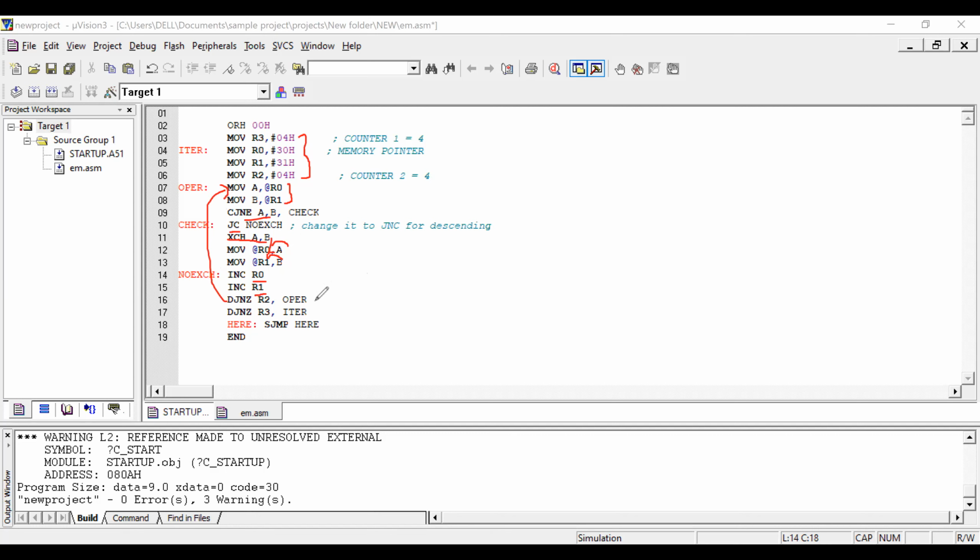After doing one iteration, the value will be 4, 3, 2, 1 and 5. So this iteration will be like 4, 3, 2, 1, 5.